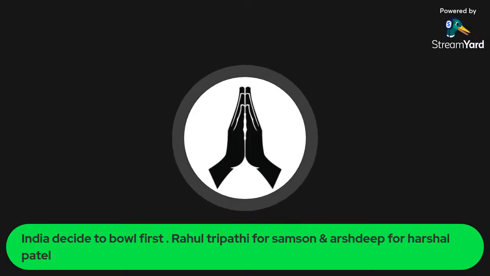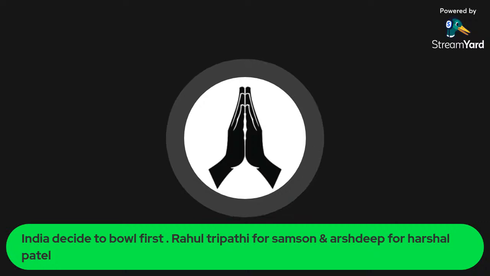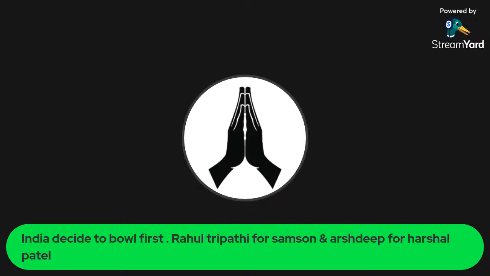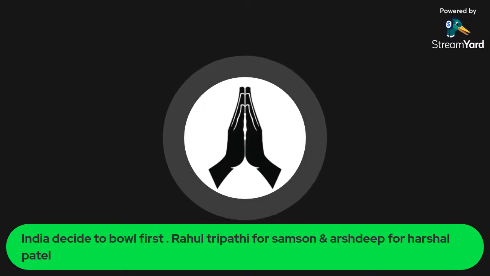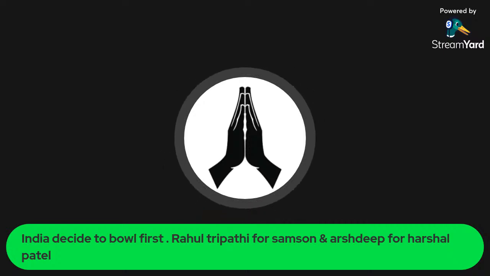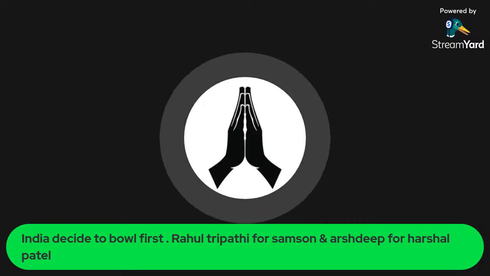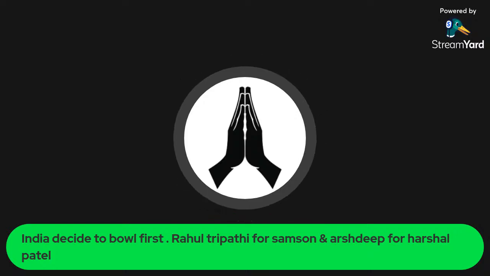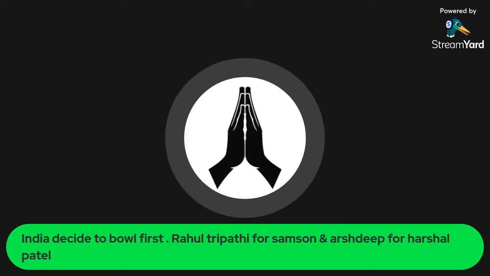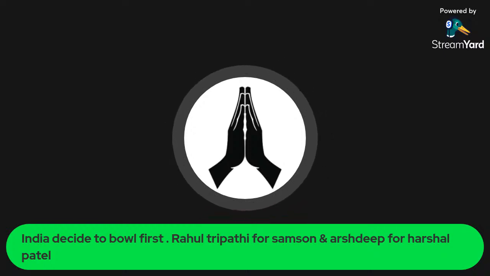Good shot, but just a single. Both the spinners have given nothing. Still Umran Malik to bowl. I think Umran Malik could be the bowler for India today. He picked a wicket in the last match. Whenever Hardik needed a wicket, he has given the ball to Umran Malik, and Umran Malik has delivered. Let's see if he picks a wicket in this match or not. He could, with the pace he has.